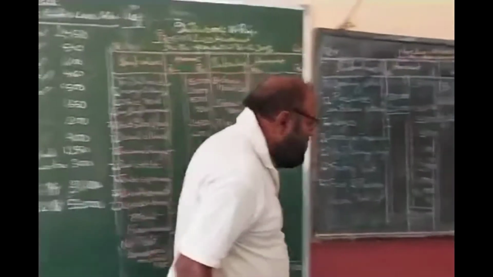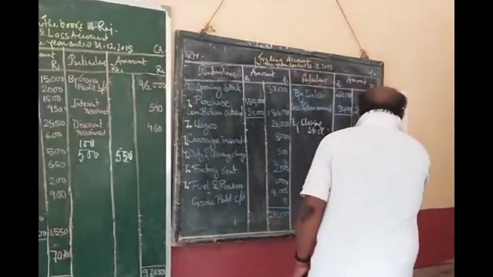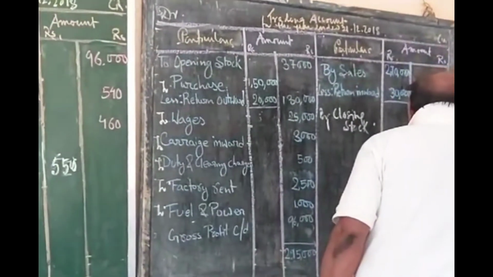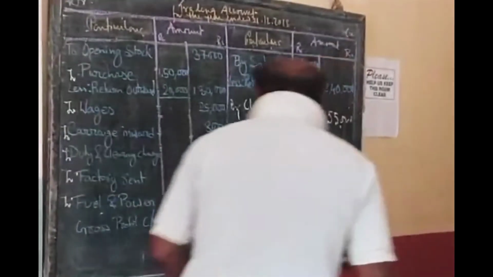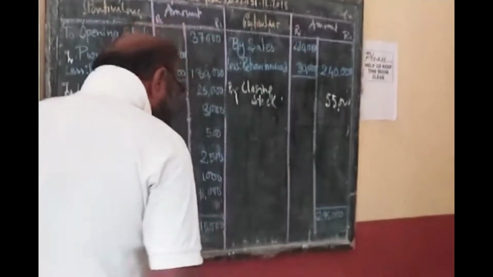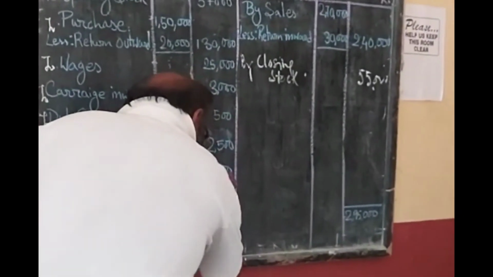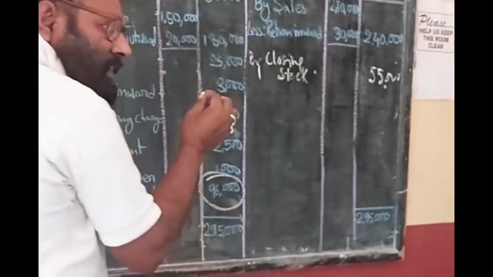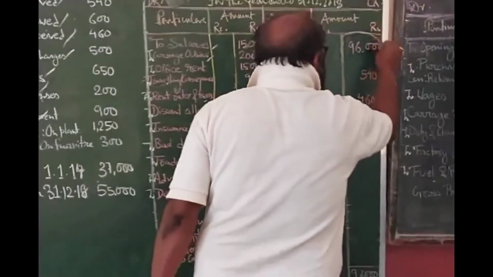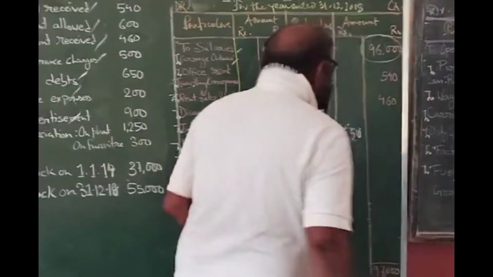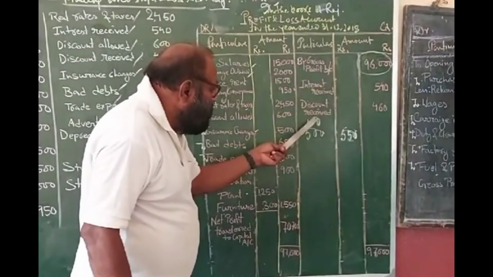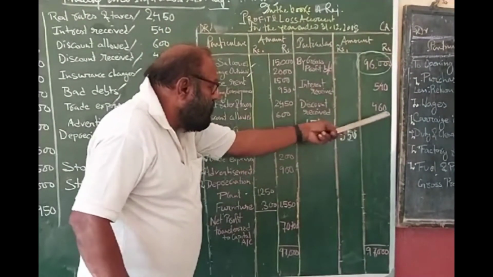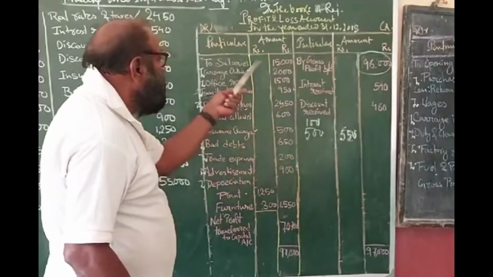What is the result? You see, it is 2,95,000, and in order to get it, we have a balancing figure, and that is the gross profit. Here, that part is done. Now this gross profit is brought down, 96,000. To that we have added interest receipt, a financial gain. We have also received discount 460, and these are the different expenses: salaries,